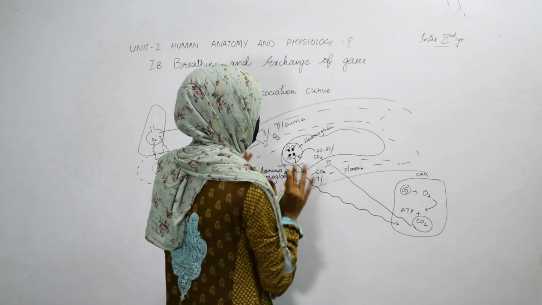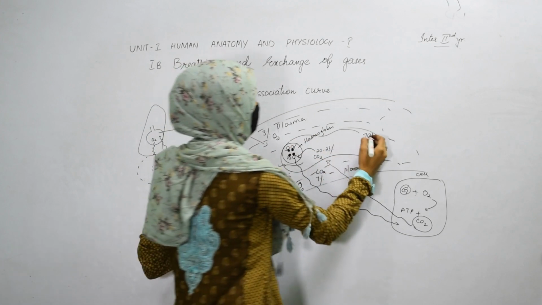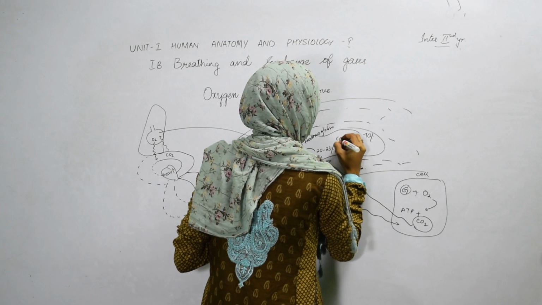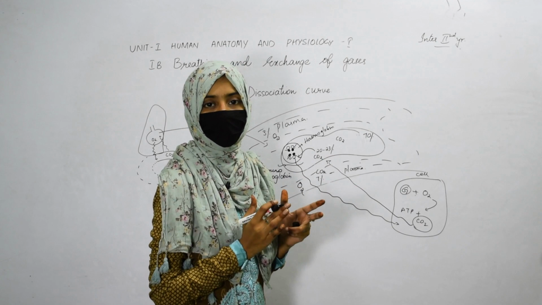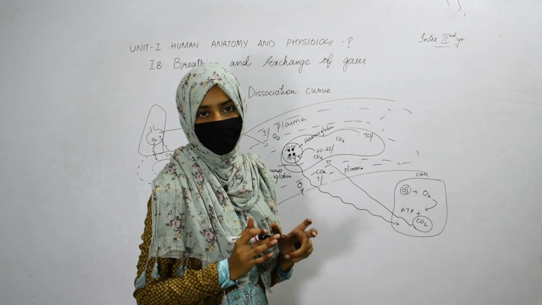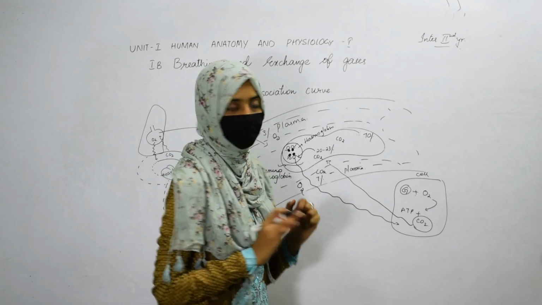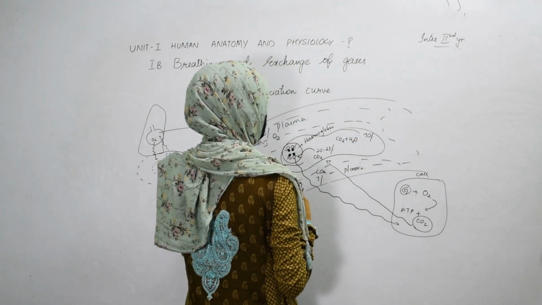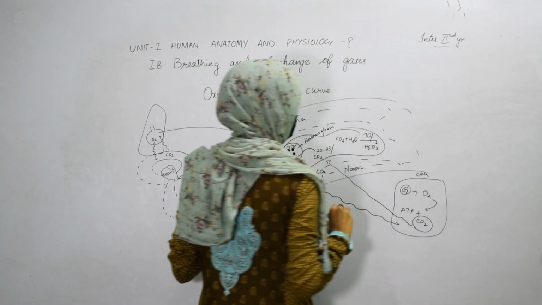So, only 25% of the oxygen can be transferred from the blood into the cells. Now, the remaining 70% of the carbon dioxide is present in RBC. This carbon dioxide undergoes certain reactions. It mixes with the cytoplasm of the red blood cells. Every cell contains watery liquid. Inside the red blood cells also, the watery liquid, that is cytoplasm, is present. So, the carbon dioxide reacts with the water that is found in the red blood cells, and then it forms H2CO3.